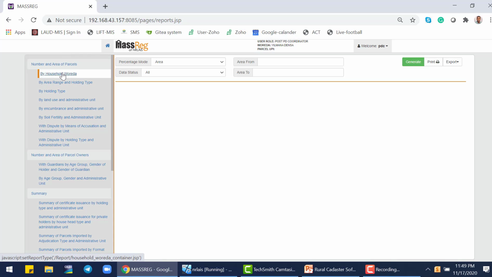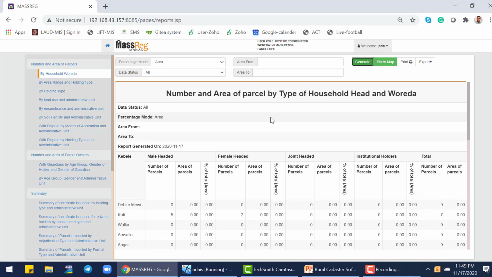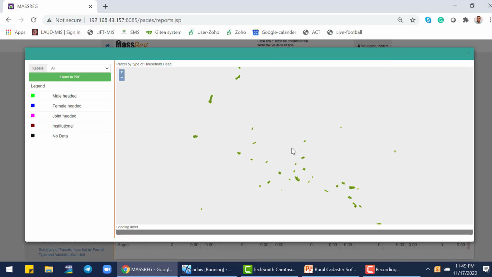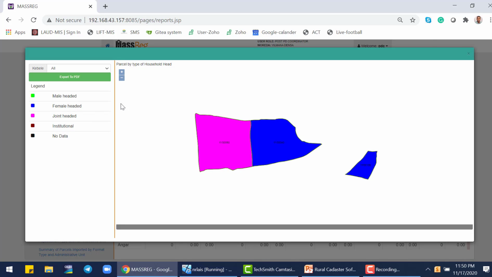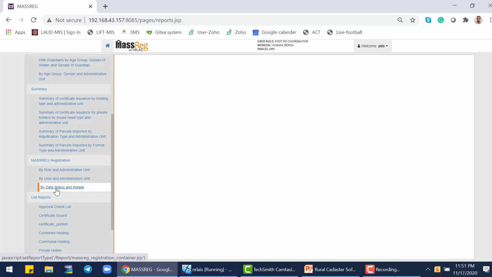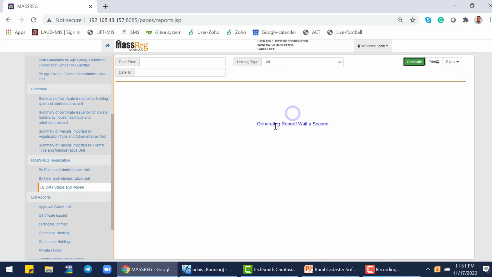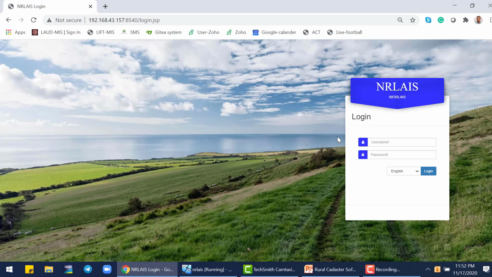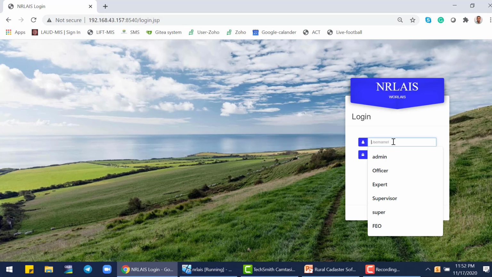This is the household related report, for example: male headed, female headed, and joint. You can see the textual and the spatial integrated reports with different colors. And we can also generate other reports, like the status report, for example, based on the tasks. This is important. The other thing is that the land registration activity does not end by itself, so it also contains